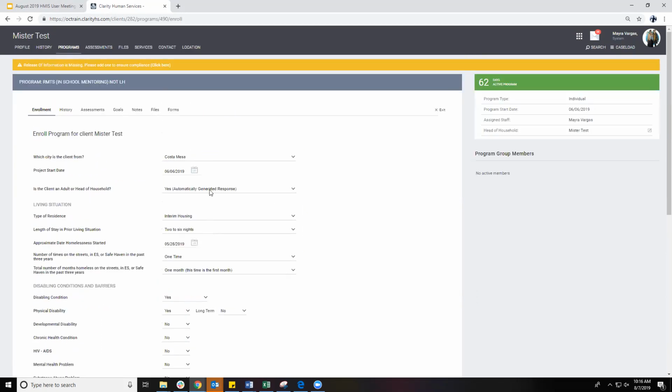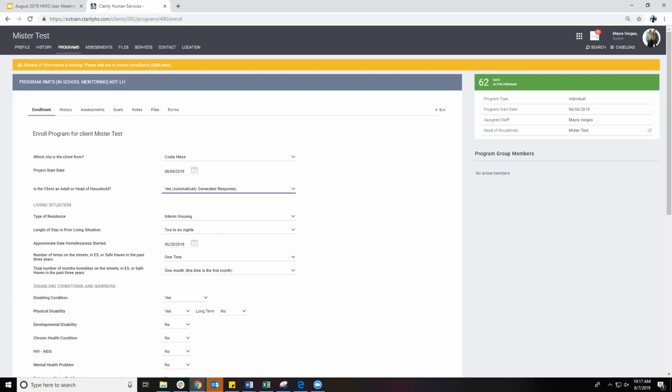And as Myra said, the reason we recommend that you don't use this right now is because come October 1st, if the client is still active in the project in HMIS, you're going to have to change it to something else. But we will be sending that list to you so you can make those corrections in HMIS. And we can't actually remove this option right now because it is still part of the current data standards. So it's just something to keep in mind with your data entry process for the next couple months.